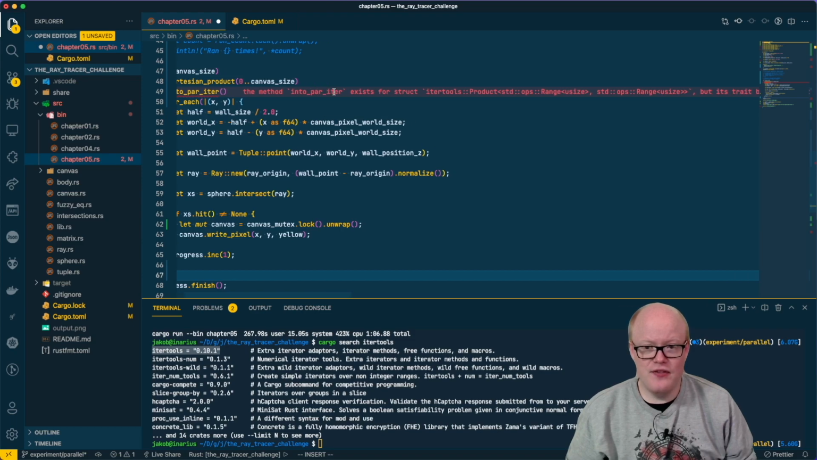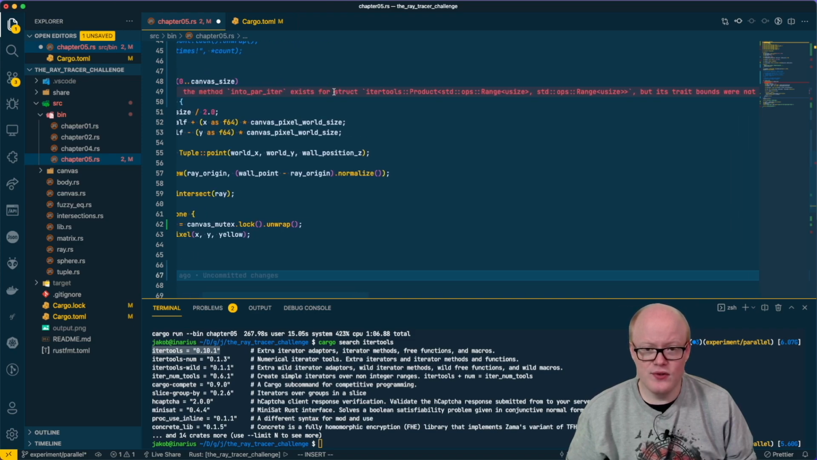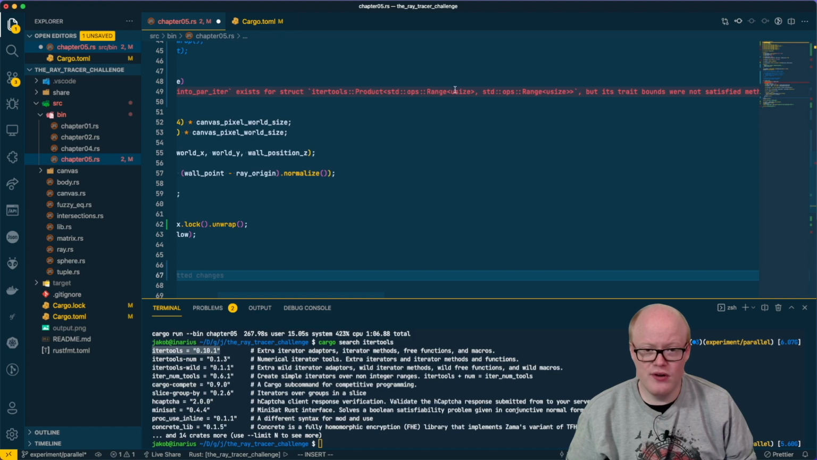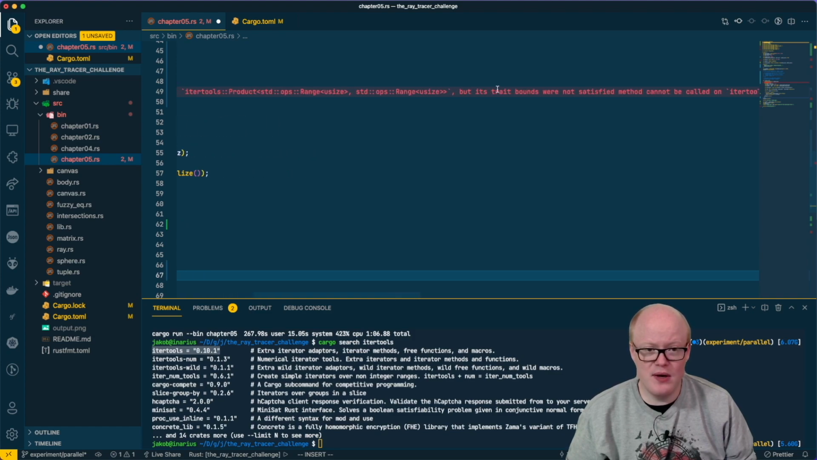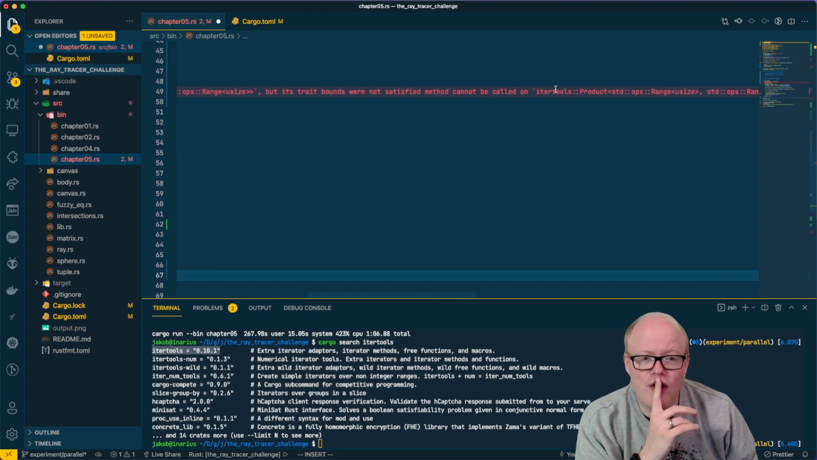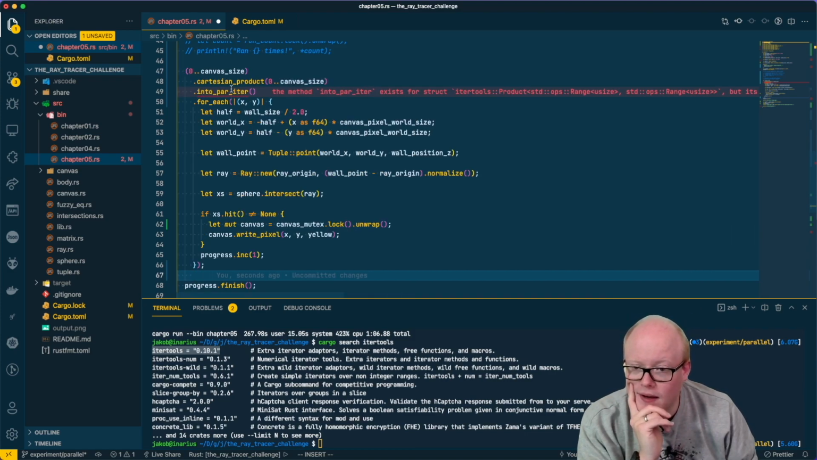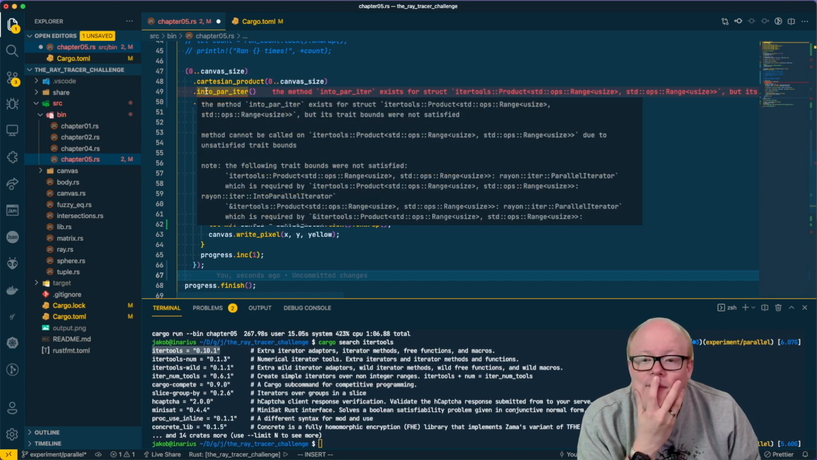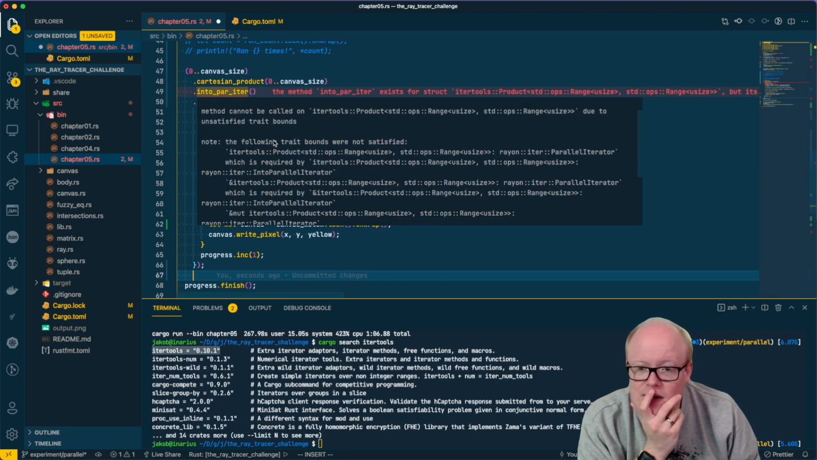Okay, method into Iterator exists for struct Iterator tools product, but its trait bounds were not satisfied. Method cannot be called on Iterator tools product due to unsatisfied trait bounds. Yeah, oh, come on, let me see the whole message. Due to unsatisfied trait bounds, the following trait bounds were not satisfied. So Rayon parallel iterator. So we need some sort of